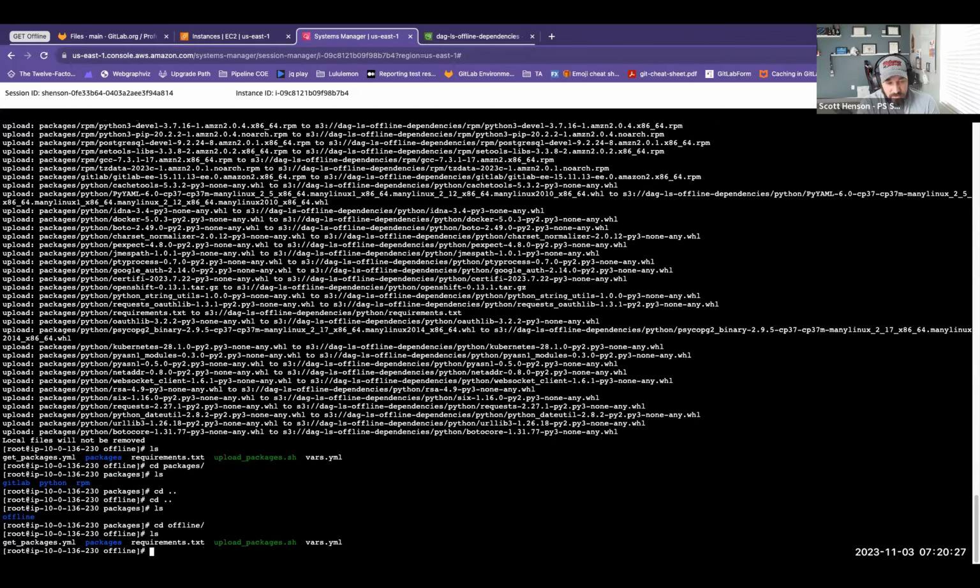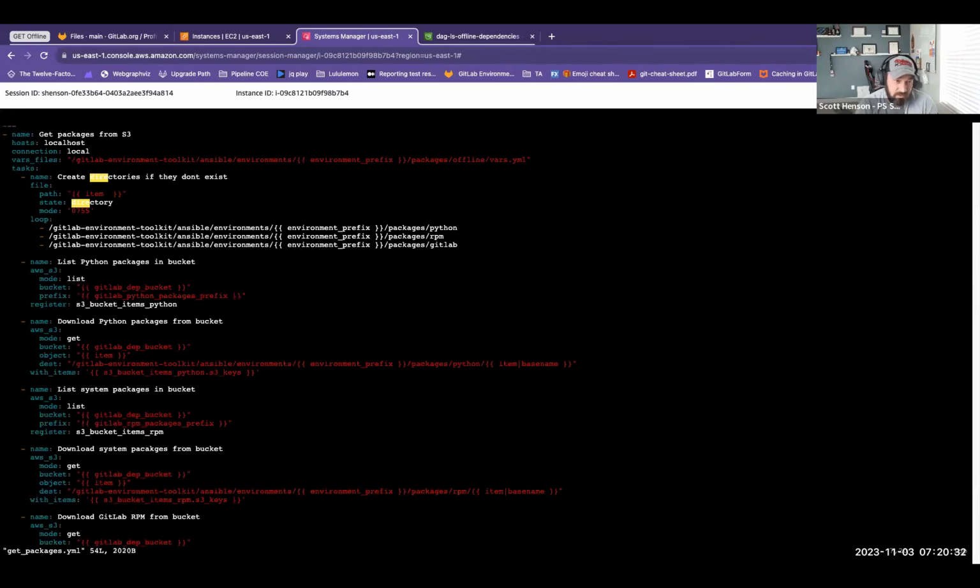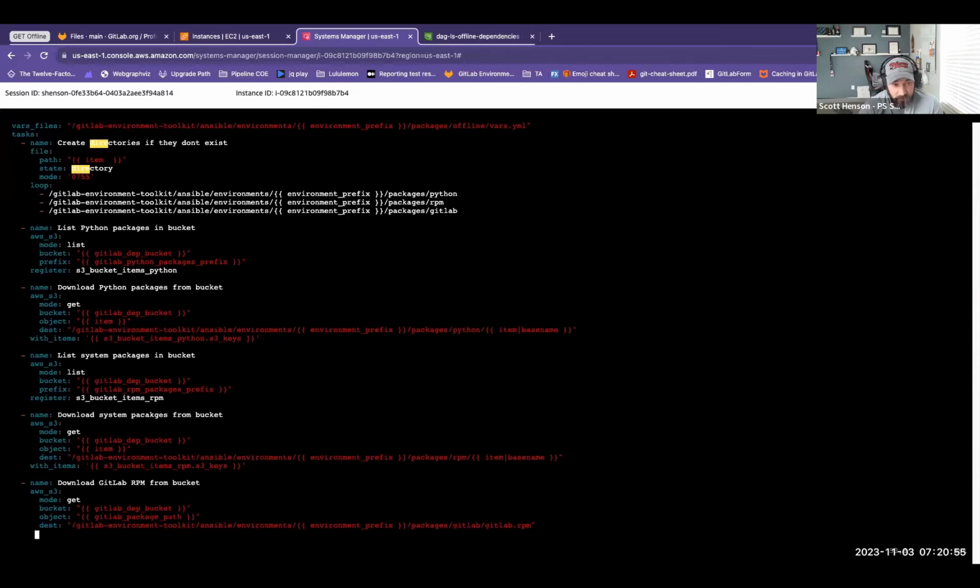This get packages essentially is going to download everything to your local host. So again, this would be something that's already in your offline environment, right, from that host. It's going to reach up to S3. It's going to make sure these directories exist within your get environment, right? So wherever you have your get tool you're going to be installing from, it's going to list all the Python packages in the bucket. It's going to download those Python packages from the bucket, and then it's going to install those packages. Like I said, the requirements.txt file is going to get used during the install,